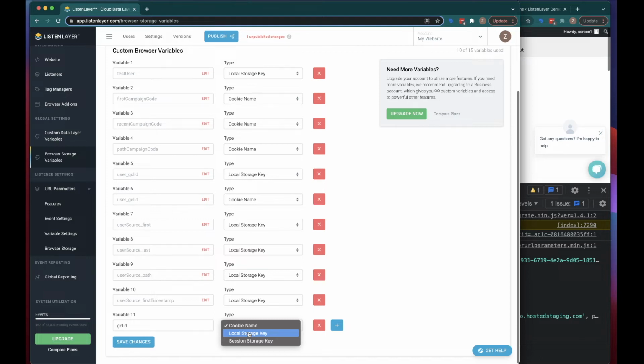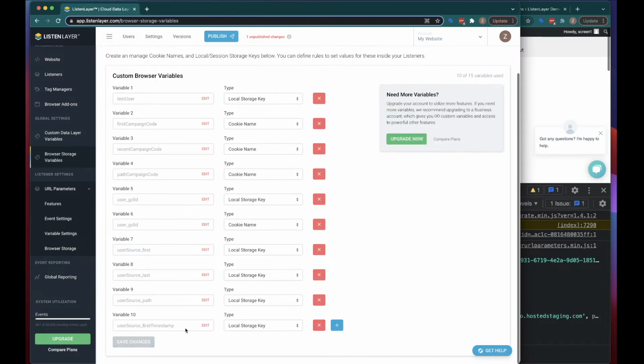But one of the limitations is that if you use multiple subdomains, then the local storage key value is not necessarily going to be passed from one subdomain to another. So if you need to kind of pass this Google Click ID across multiple subdomains, you may want to utilize a cookie. In this case, I already have a storage key called user GCLID, and I've actually created one that's a cookie and one that's a local storage key. So I don't need to create a new one, but you can easily create one and you can save it. And you could do what we're going to do here, which is actually store it in both if you're unsure